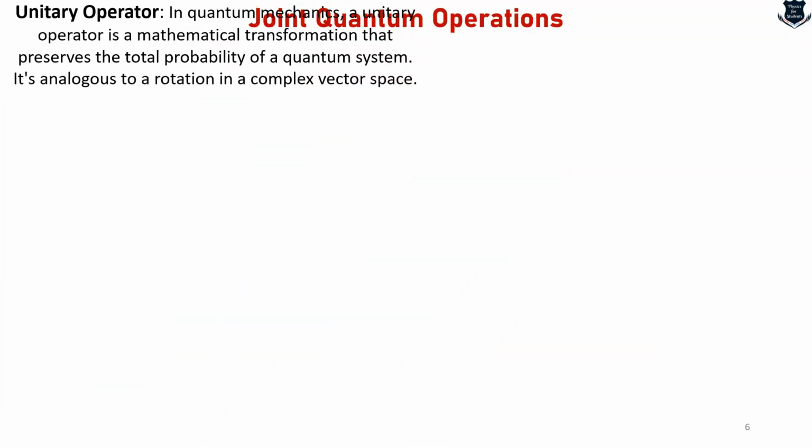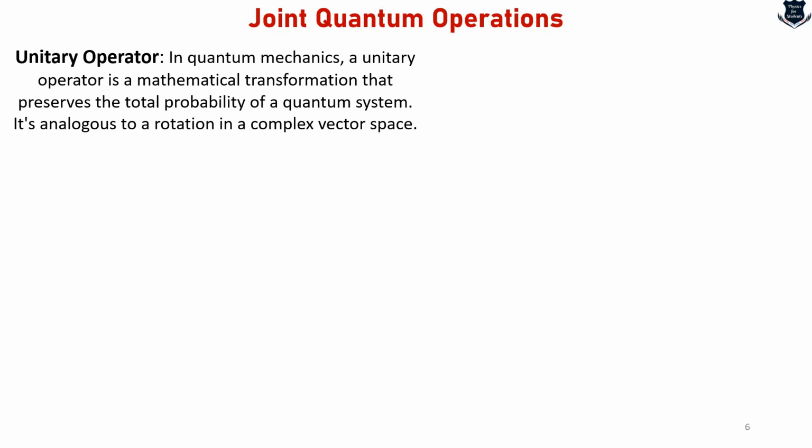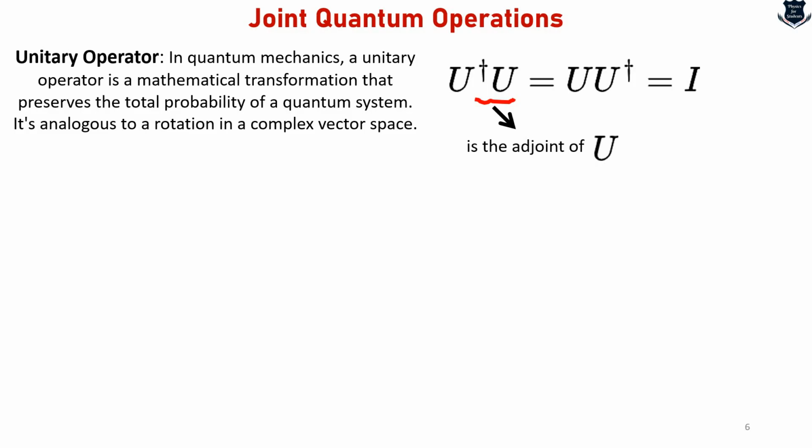Now we know what is called a unitary operator, a kind of mathematical transformation that preserves the probability of a quantum system. If I take a unitary operator U, for example, in quantum mechanics, it is a linear operator that preserves the inner product in a Hilbert space. Here you can see this one is basically the adjoint of U. This I is called the identity matrix, and from here we can understand that unitary operators represent the time evolution and quantum gate operations in quantum mechanics,